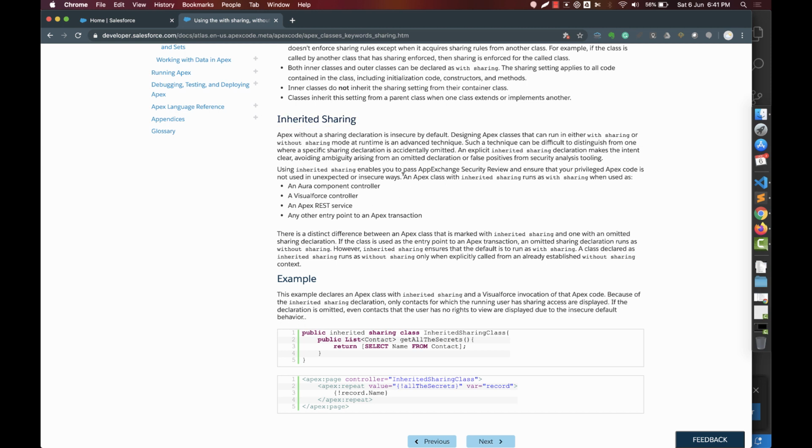because the doc here says that an Apex class with inherited sharing runs as with sharing when used as Aura, VF, or a REST service, and any other entry point to an Apex transaction. So I was curious whether it will really be with sharing context in all the entry points, or will the behavior vary? And again, it was mentioned here that however, inherited sharing ensures that the default is to run as with sharing. A class declared as inherited sharing runs as without sharing only when explicitly called from an already established